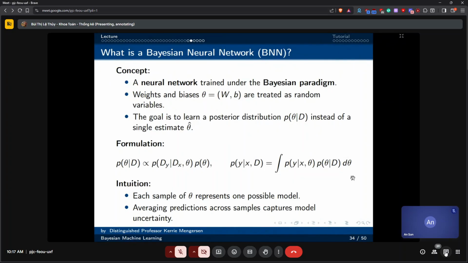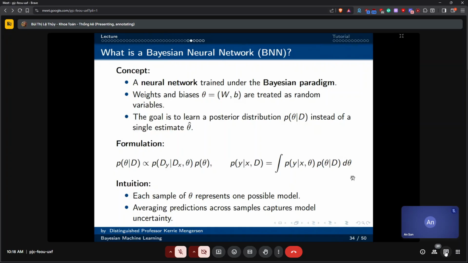A neural network under a Bayesian paradigm says that the weights and the biases in the model, the parameters in the neural network, are treated as random variables. And so the goal is to learn a posterior distribution over all of those different parameters in the model.